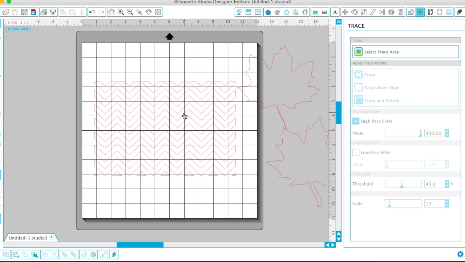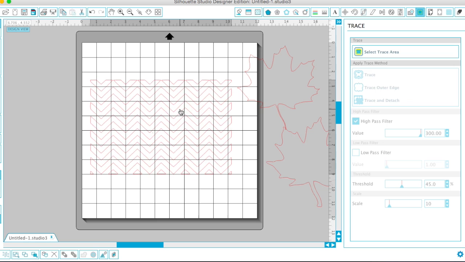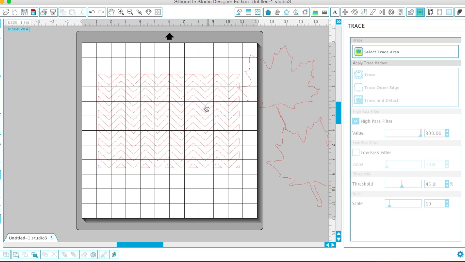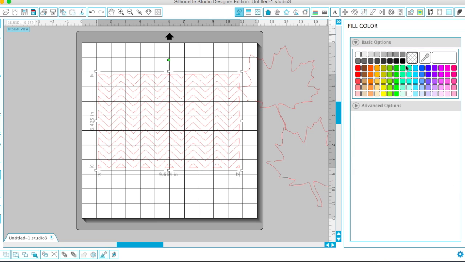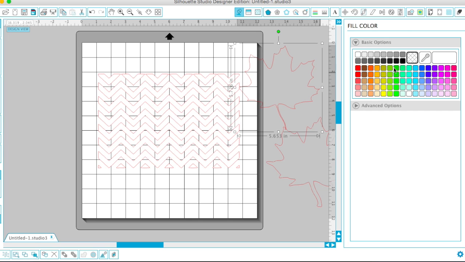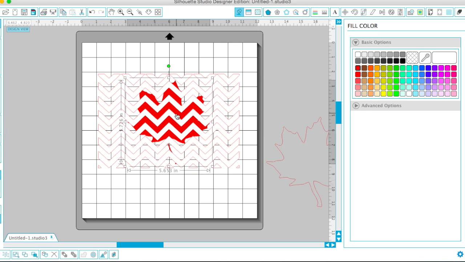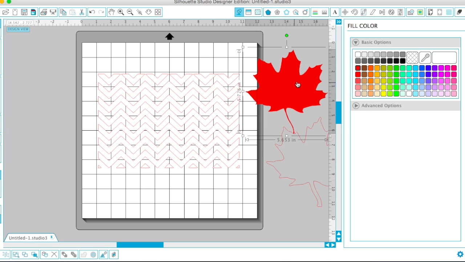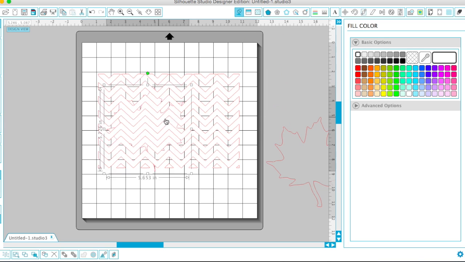Alright, now what you're going to do is you are going to take this. I like to color it just so that I can see better. That red kind of throws me off a little bit. We'll make it white, and we'll make that red. Okay, we're going to go over here. Actually, we'll make this white as well. We're going to go over here,